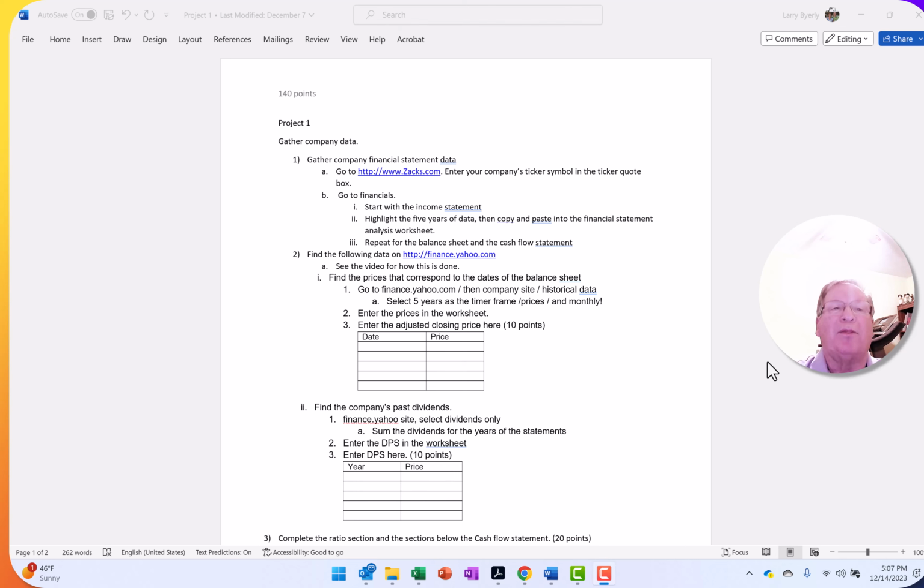We're going to work our way through project one. So the basic idea here is we want to gather some data about a real company. So let's go ahead and get started with how we want to do this. As you see in the instructions here, we're going to go to a website called